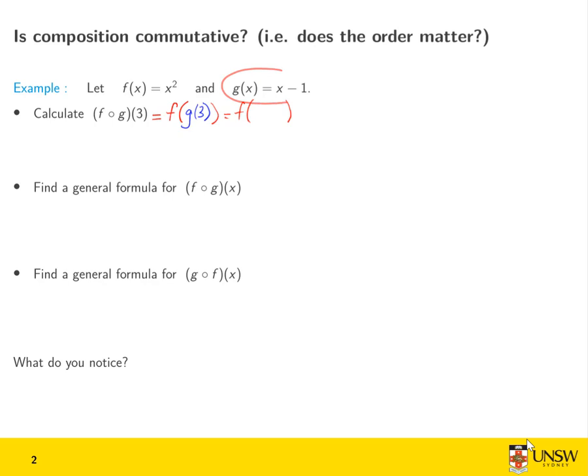Well, g is defined here. So g of an input is the input minus 1. So g of 3 is 3 minus 1. So really what we're finding here is f of 2. Now f of 2, what f does, f squares the input. So we just need to square the input and we get 2 squared, which is 4. This first question was a kind of warm-up to make sure you understood the notation,